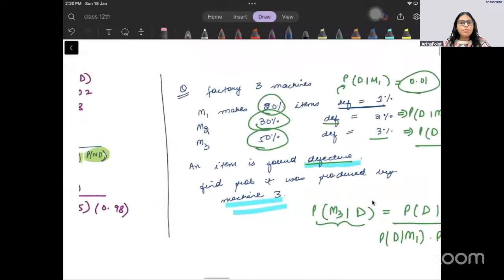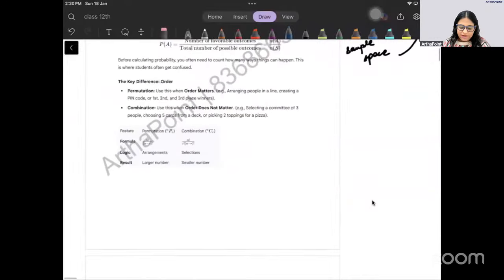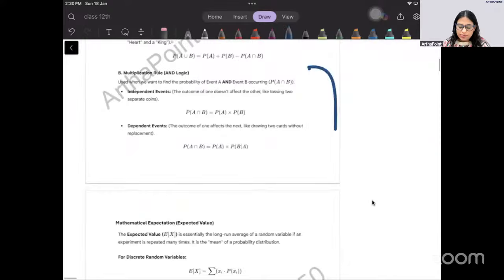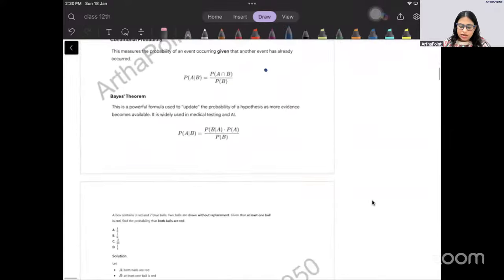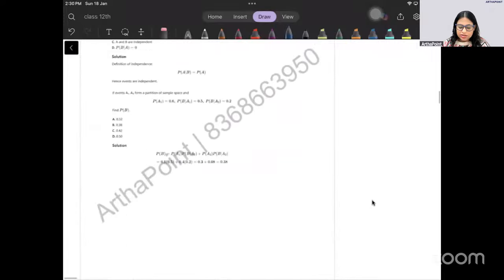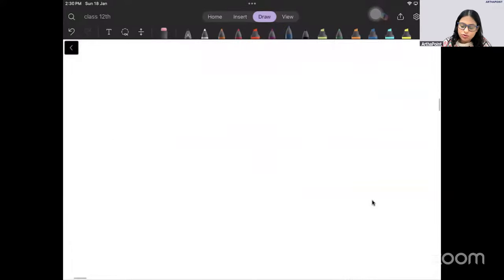ओके, so this is combination and permutation. अभी हम notes पे एक बार देख लेते हैं. You have to read all of this. Everything is mentioned. What is combination, permutation, some rules are mentioned here. Do these rules. Conditional probability base, some numericals I have given here. Do these numericals kar lena.